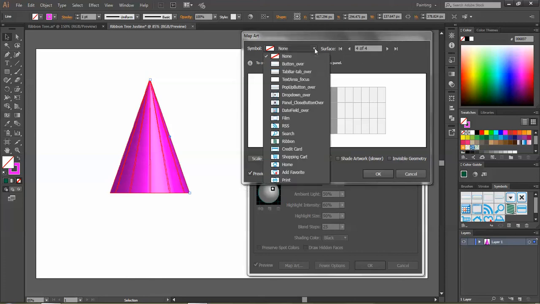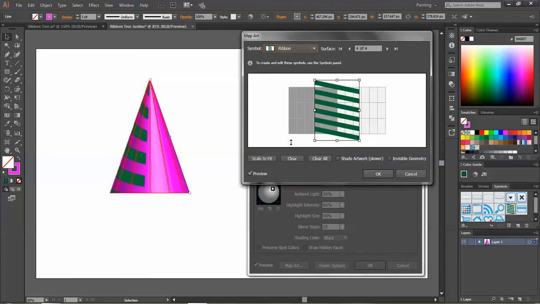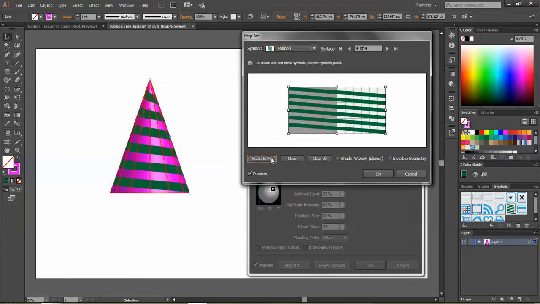I'm going to set the symbol to ribbon. I'm going to click Scale to Fit. And you can see it wraps around the object. And I don't want to see the pink cone, so I'm going to take off Invisible Geometry. And it looks like a not detailed squiggly line, so I'm going to go ahead and click Shade Artwork, and